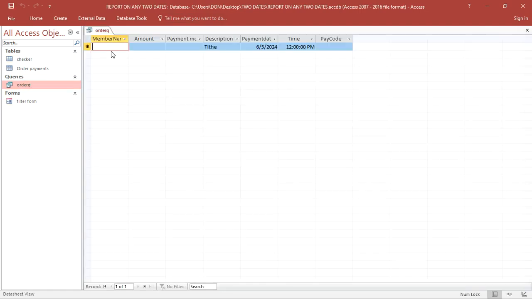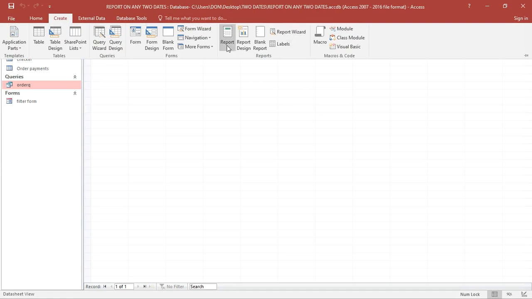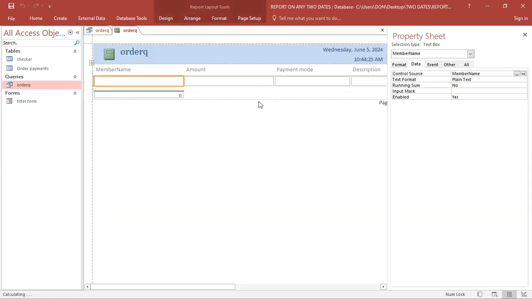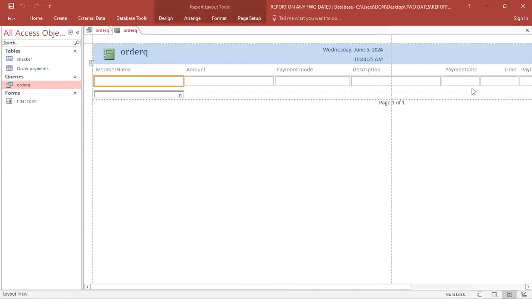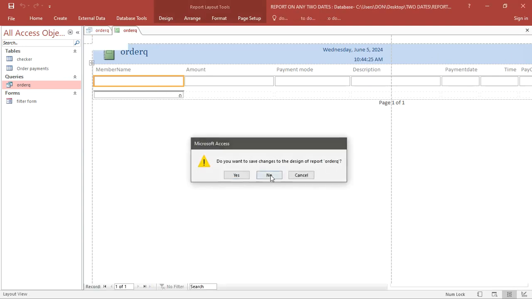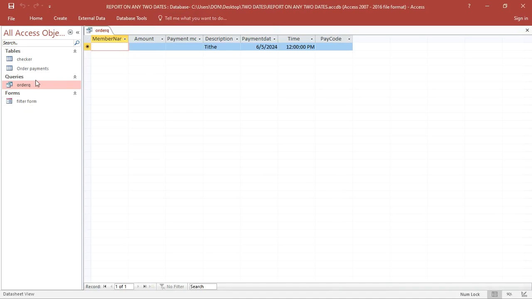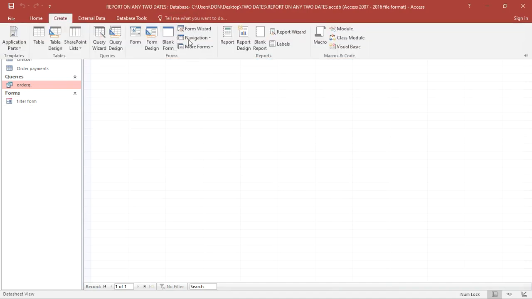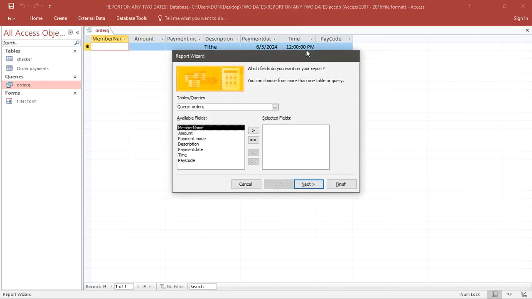So I create a report, go to create, then you can just go to report, hit on report. So this one will create our report. This is the report that will be displayed here, but alternatively you can still opt to create your own report. You can create your own report just going to report wizard, then select the fields you want,